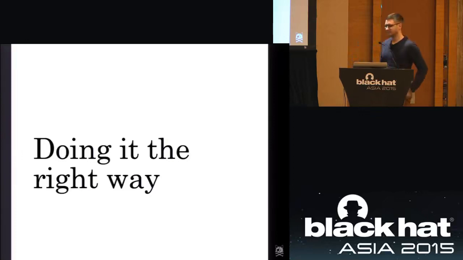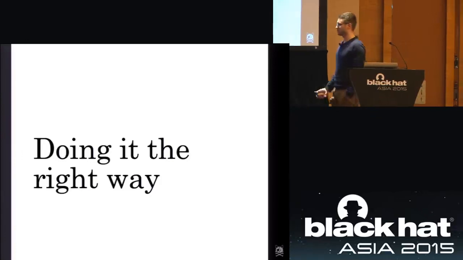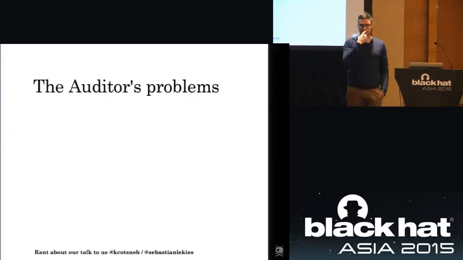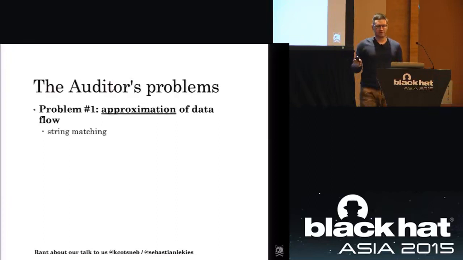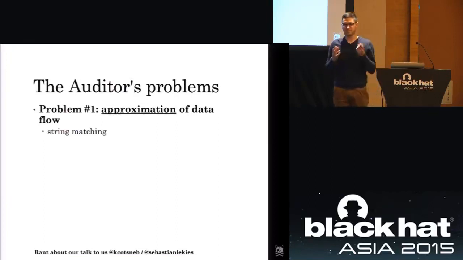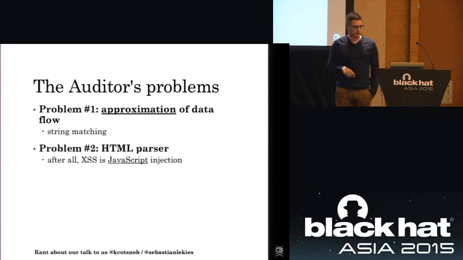Okay, so Sebastian just showed you that the auditor actually has a couple of problems. Let's try to abstract what these problems are. Problem number 1: the auditor does some approximation of a data flow. It tries to guess that something was sent to the server and came back, so there might have been a data flow on the server, and it basically does string matching to approximate this data flow. Secondly, it's located inside the HTML parser, and as we've seen, this is also a problem because